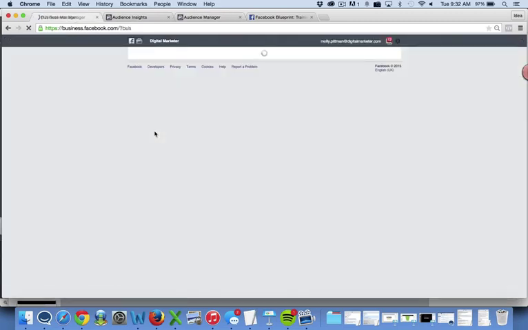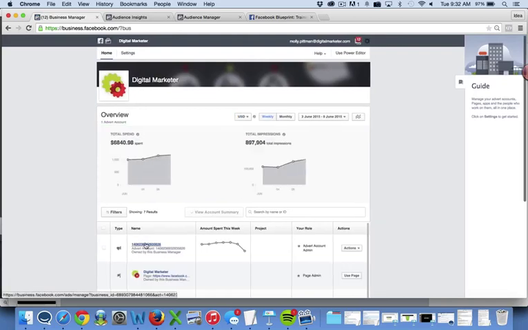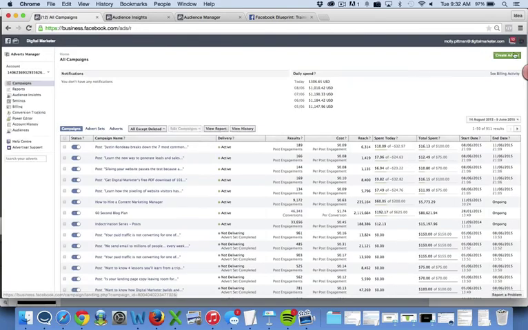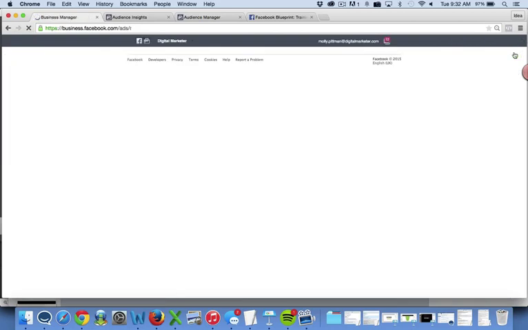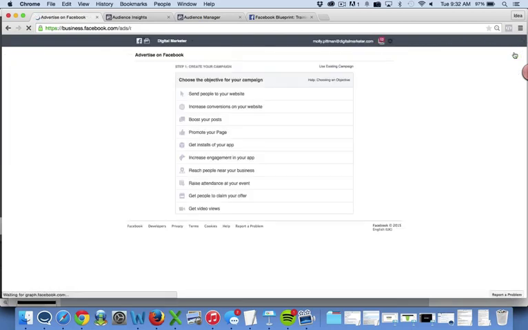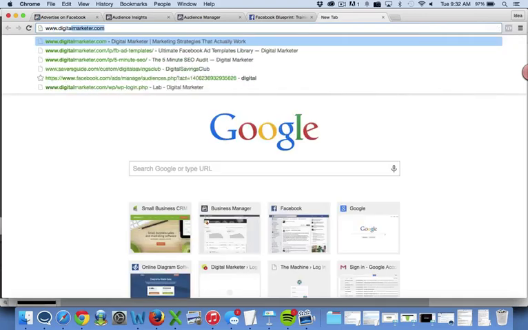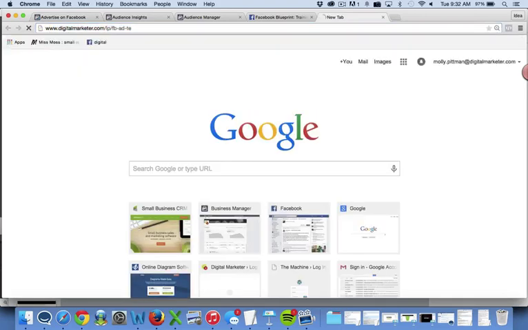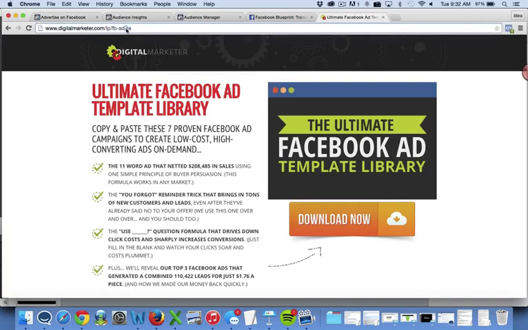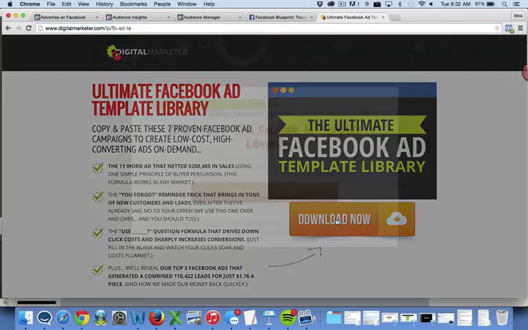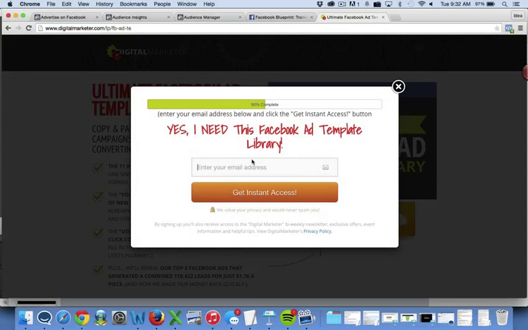So if we're in the Audience Manager, we'll go back here to Business Manager, back to the ad account, create advert, and we're going to increase conversions on website. So here we're going to input the landing page of where we want to send traffic, right? So you've seen this example. We want to send traffic to this landing page, but